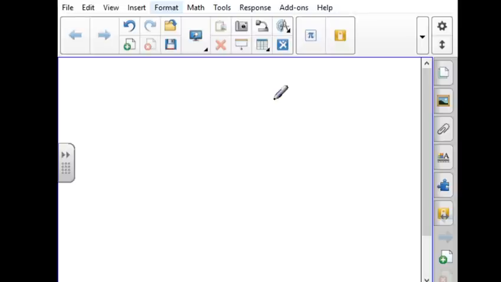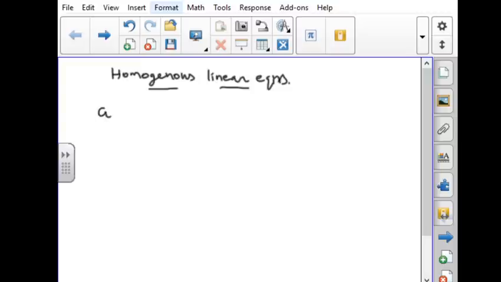So today we are going to see homogeneous system of linear equations. Homogeneous linear equations. So in general, the system of equations can be written as